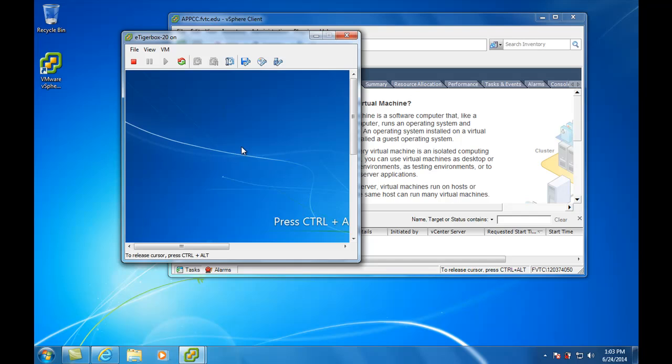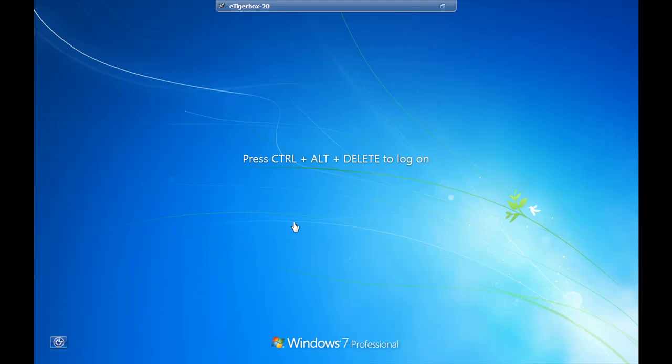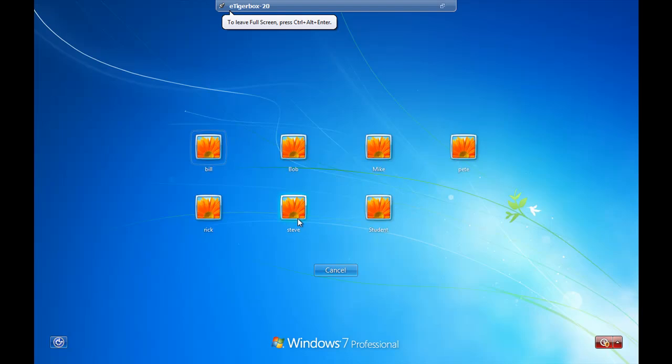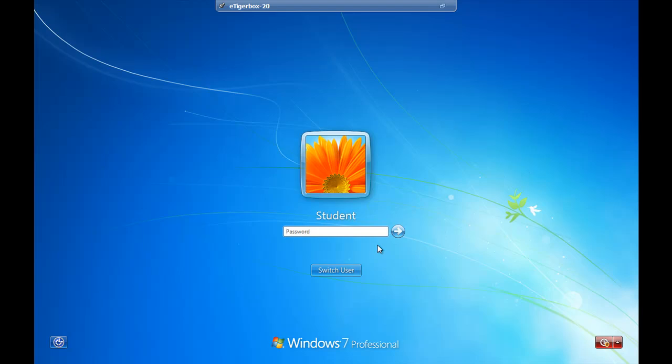So I'm just going to go full screen here by doing a Control, Alt, and an Enter. So I get into full screen mode, and I'm going to try to log on. So I'm going to do a Control, Alt. Even though it's saying delete, I need to press the Insert key because the Control, Alt, Delete will be sent to my machine. So there's different users on here. I'm just going to pick student because I think I could probably guess the student password. So student,